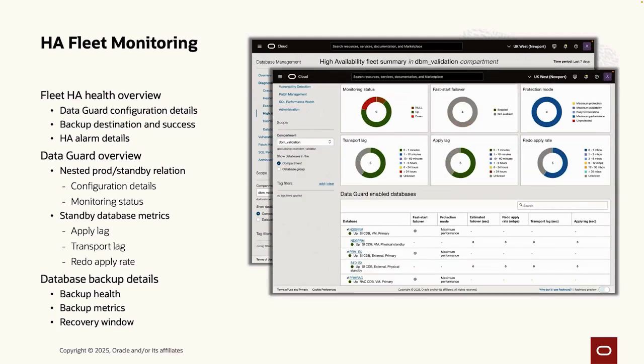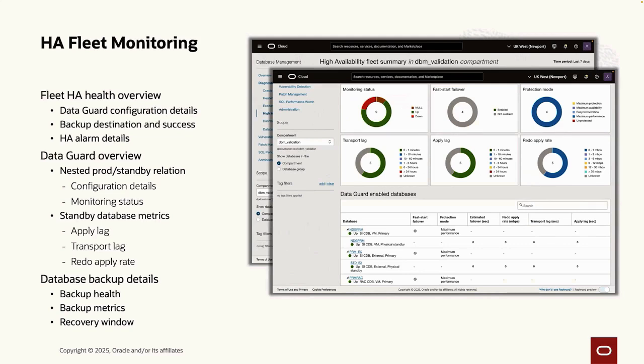So we have an additional tab that's specifically looking at Data Guard. From the overview, you can go to Data Guard if you're seeing some issues on your databases here. And then we have a whole view of your configuration. So you can see how the health is of your databases, the configuration of your Data Guard, if